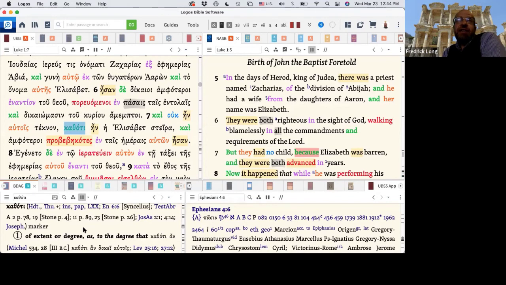Yeah, I think it adds a bit of a punch because in fact. I think maybe that is how I would translate it, because in fact. Yeah. OT, remember, marks off content. So in fact would be kind of setting that off, and then the kathos combined with it. I think that's how I would translate it: because in fact, Elizabeth was barren.